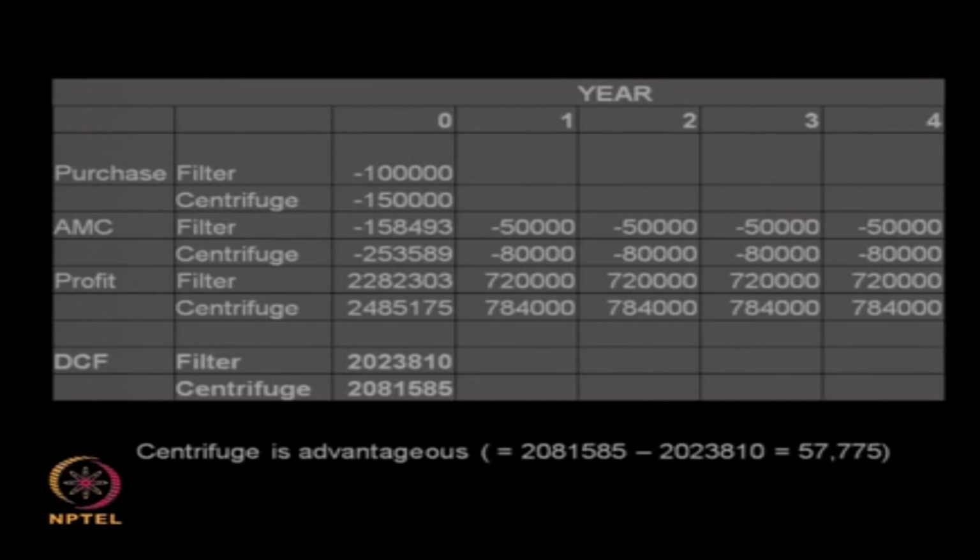So you see that you can use this type of approach for your investment portfolio. Should I buy bonds or should I buy something else? So it is like filter and a centrifuge, you can say should I buy this or should I buy that, but the profits I am going to get on investment A may be different, the profits I may get on investment B may be different, but I am going to get the profit in the next year, year after next and subsequent years. So you need to bring all those numbers to today's value,